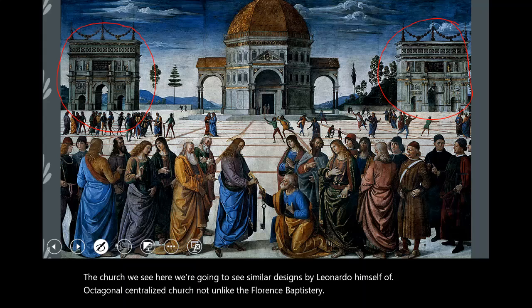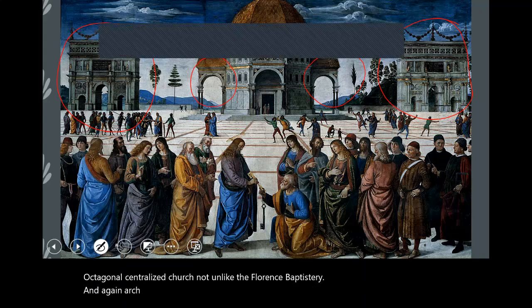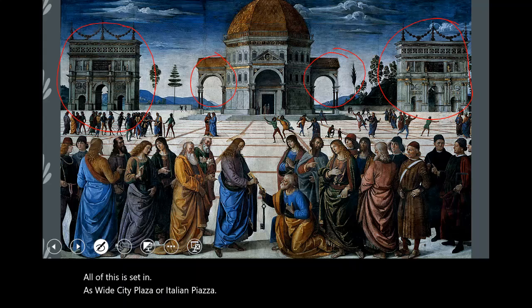And again, arches that Brunelleschi would approve of. All of this is set in a wide city plaza or Italian piazza with the Roman hills in the background, as if it occurred in Italy, in Rome itself,